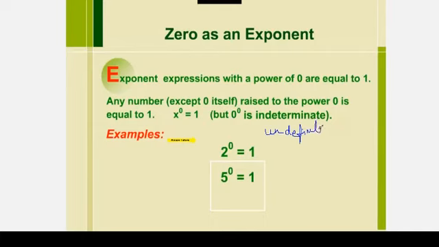So this property is applicable for every number other than 0. So 2 power 0 is 1, 5 power 0 is 1. As I have shown in the other video, it can be any big number like 7 digit, 6 digit, it doesn't matter. If the whole is to the power 0, it's nothing, simply 1.